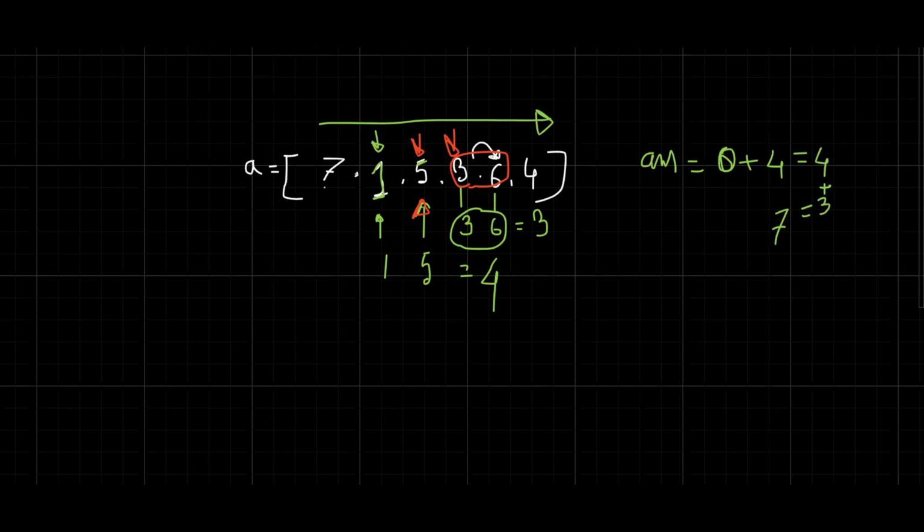Now we are currently at this element, which is the last element 4. So it does not have any other element after it. So here we have to do one transaction. We can buy the stock using the amount of 4. And similarly, we can sell the stock using the amount of 4. So here the difference is 0. So the profit is 0. So if we add 0 to the answer 7, then our answer will become 7, which is the final output